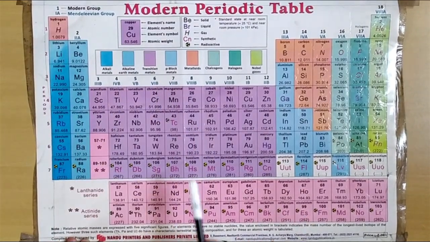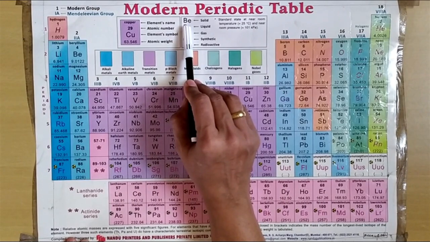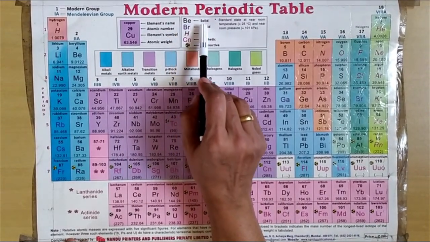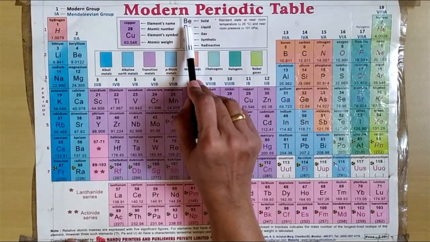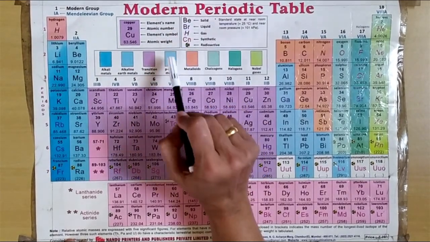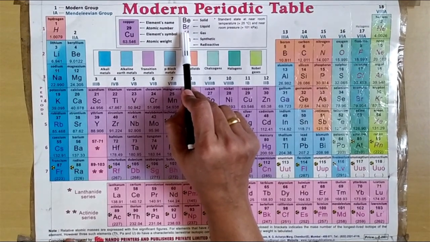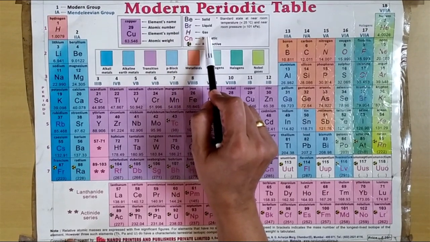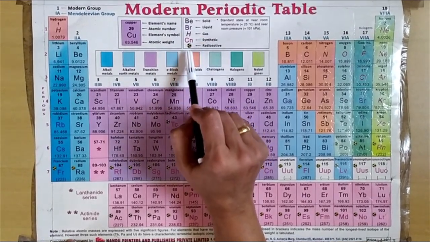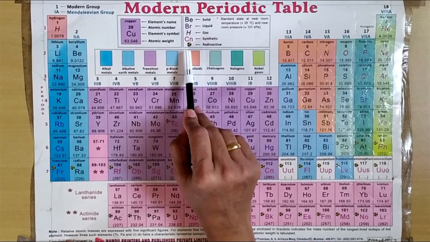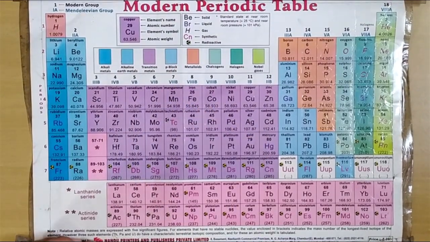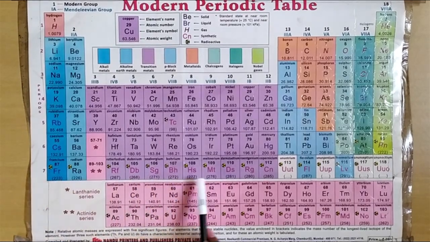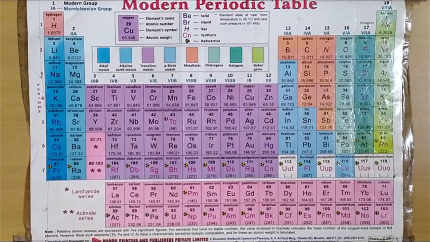Now in this periodic table, the bold letter, be it, is identified as solid, which is written in bold letter and black color. Then the little purple color is liquid. Then in italic it is gas, and the pink color is synthetic, and this symbol is of radioactive elements. For example, here these are all radioactive elements in the periodic table.